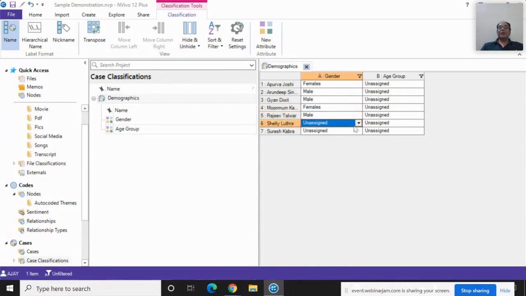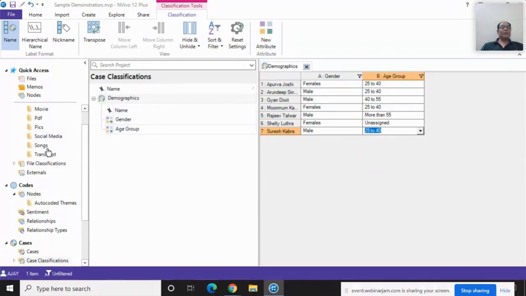So Shelly Luthra is a female and Saurabh Kabra is a male. After that, you can define that Apurva is 25 to 45. Like I'm doing it randomly, but we have to do all these steps while maintaining the data set. So this is called maintaining the information about the data set.